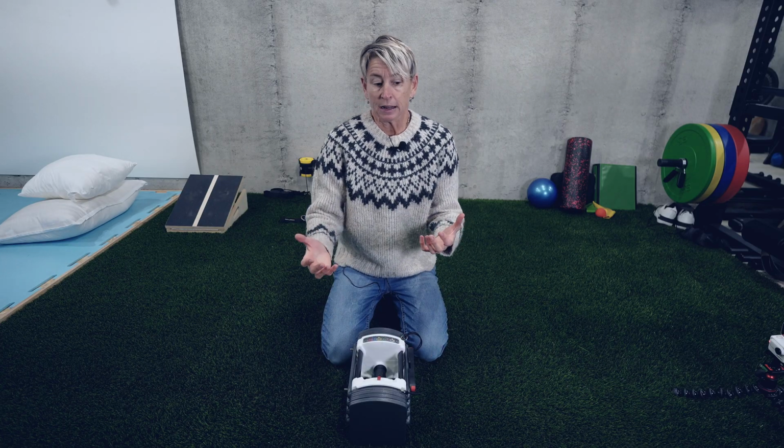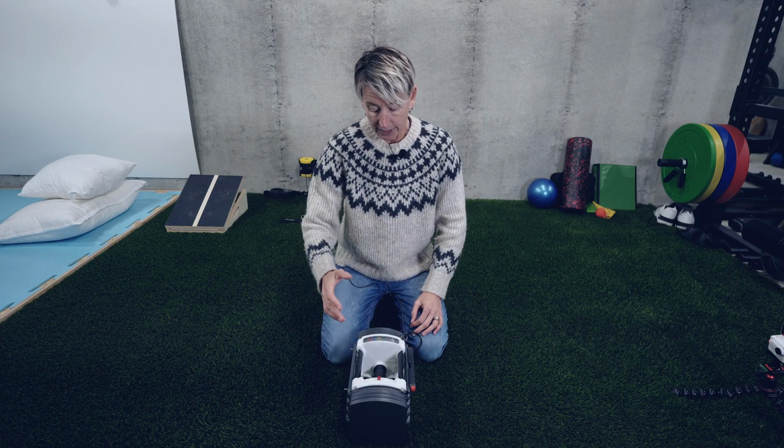Again, not cheap. Price wise, it's probably a little bit cheaper than buying individual dumbbells all the way up, but it's going to last you for a long time. So if you have a young goalie who's a teenager and they're getting serious about their training, it's a pretty good option. And if the goalie on your list is just terrible at puck handling, like someone we know,